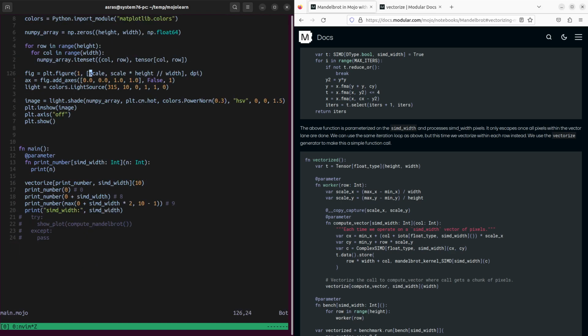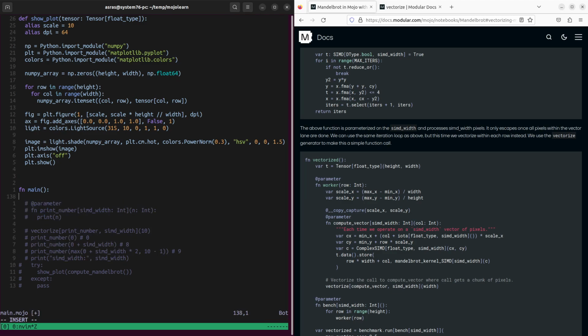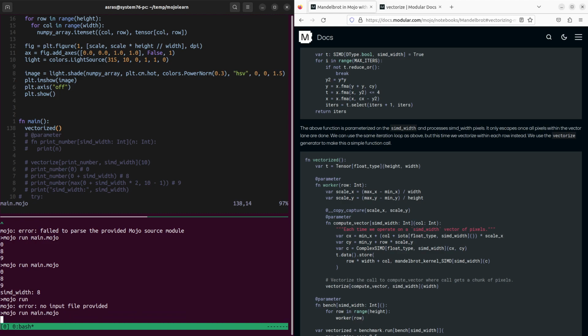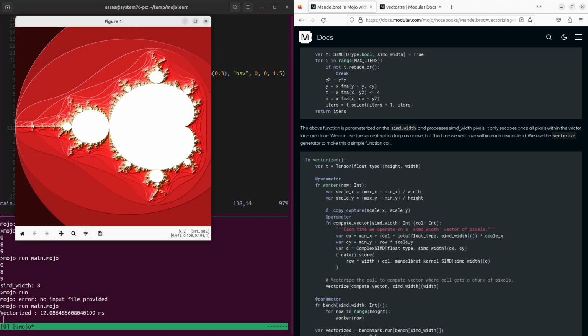Okay, can we just try to call that? So vectorized and run, it's like that. And here we are. So it took